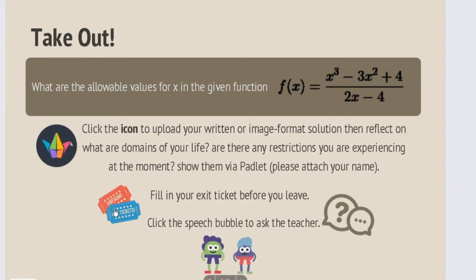And also, we have here the exit ticket that serves as the feedback ticket. If they wish to speak with the teacher further, they can click this speech bubble, which has a link for the personal email of the teacher. So they can have an appointment or instant messaging through this speech bubble. So let us show the functions of these three icons. For Padlet,